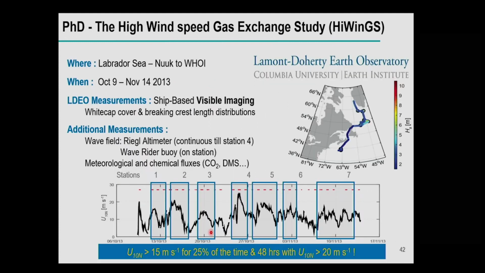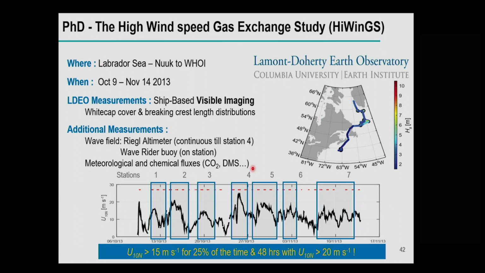And so I'm going to show you what I did. That's my thesis work, based on this field campaign where the goal was to finally get measurements of gas transfer at high wind speed and waves through eddy covariance. There had been other efforts previously, the GasEx cruises, including the Southern Ocean GasEx. But we were luckier during this HiWinGS cruise in 2013, where we were sort of chasing storms, and we hit quite a few along the way, particularly a very strong one, which was then the St. Jude storm when it hit